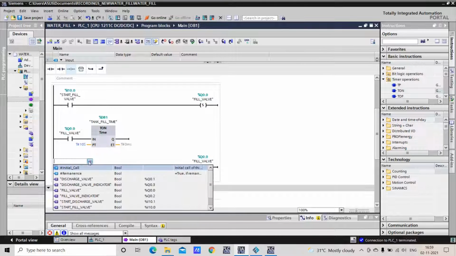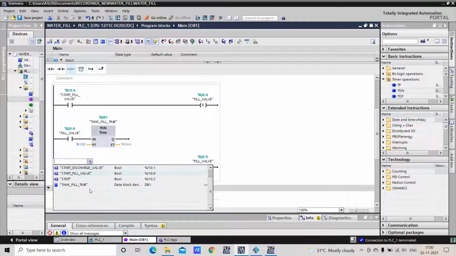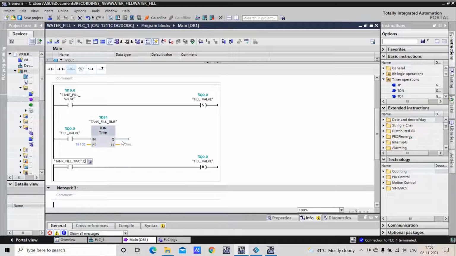So here I will select, you can see this tank fill time, this timer block will be here. I will select this, and I will choose Q. Q is the output of this timer. So this is what the logic is.